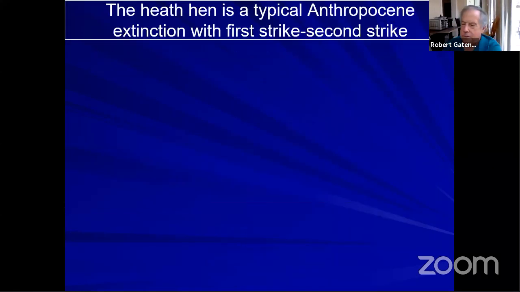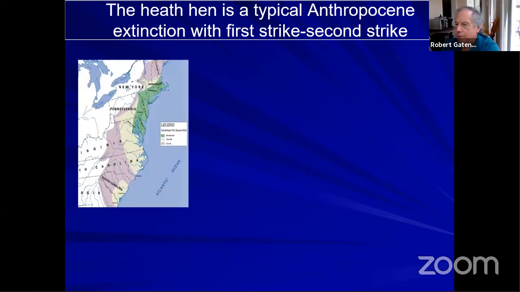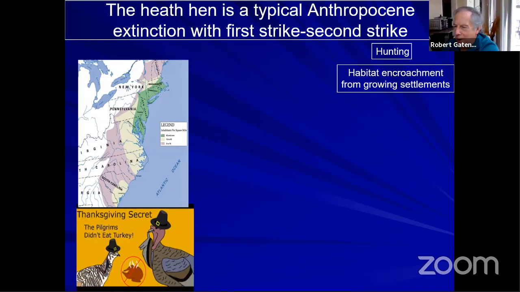So the heath hen is a good example, and I'll just briefly go through this. Heath hen was highly populous in the eastern seaboard of North America when the European settlers arrived. A fun fact is that they were actually fairly tasty, and the initial American Thanksgiving of the Pilgrims actually probably didn't feature turkey, but they ate heath hens. So they were hunted, and